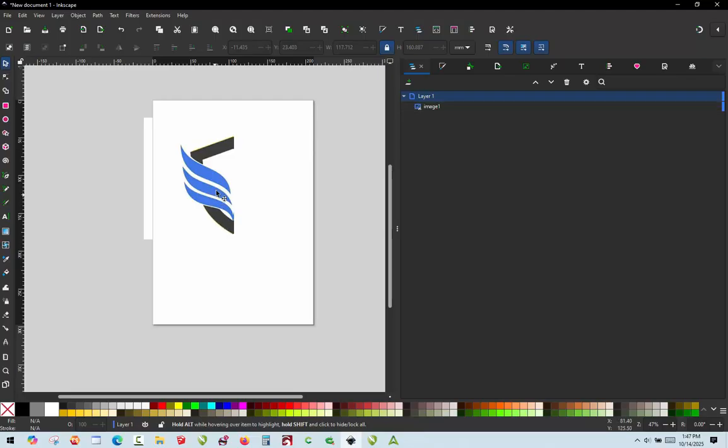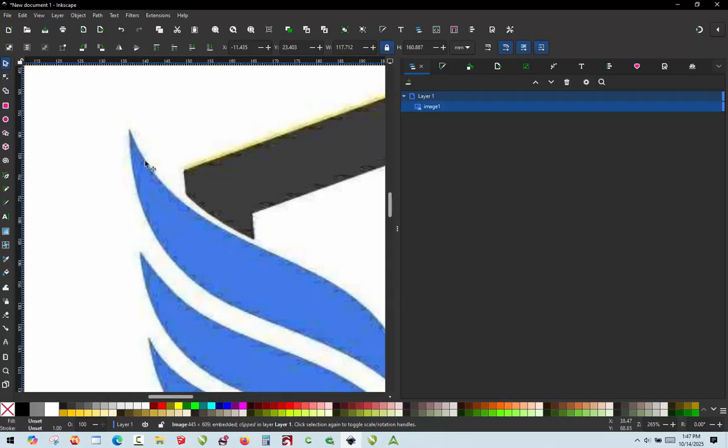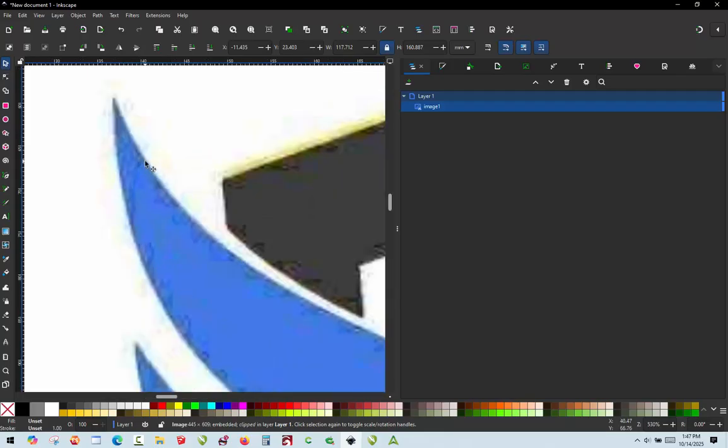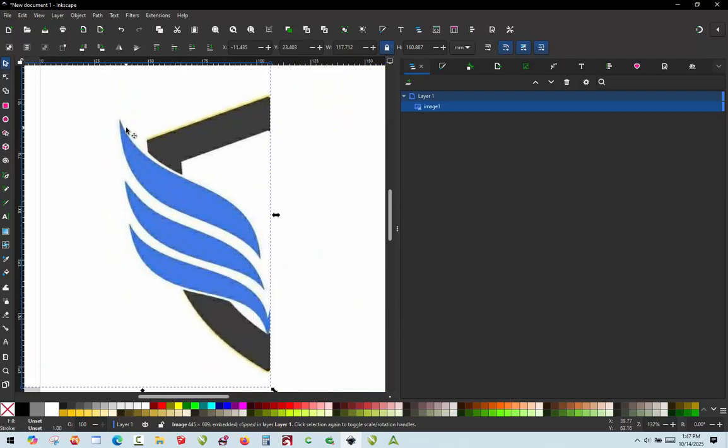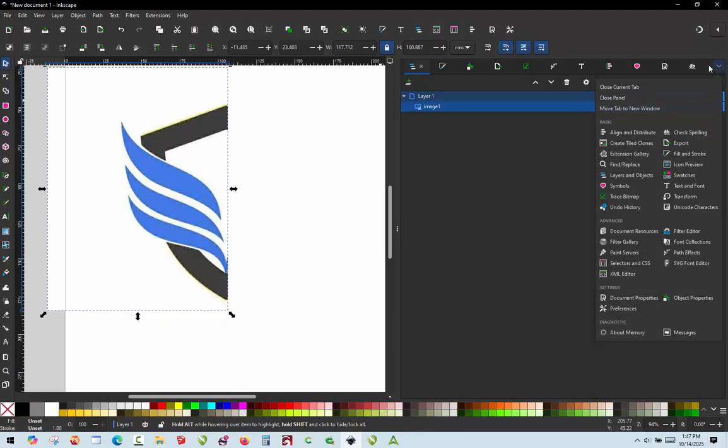All right, so now what we need to do is trace what's left, and what trace means is to convert it to a vector. Now if we look at this image, you'll notice that it is quite terrible. In terms of using images to convert to vectors, it doesn't get much worse than this. You see all these artifacts everywhere, and it's just not very nice. So we're going to go ahead and convert it because Inkscape does a very good job even with very lousy artwork. So we'll come over here to Trace Bitmap,